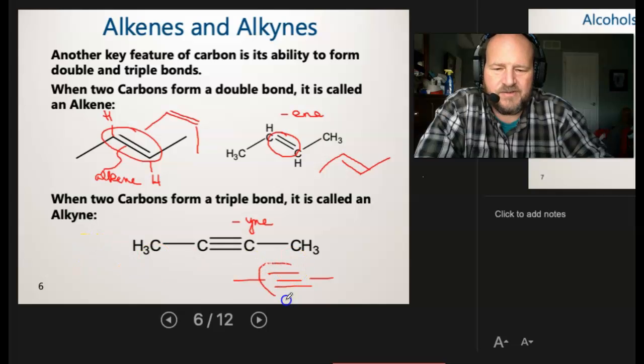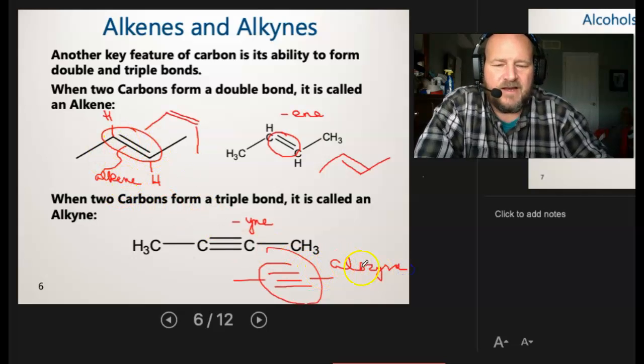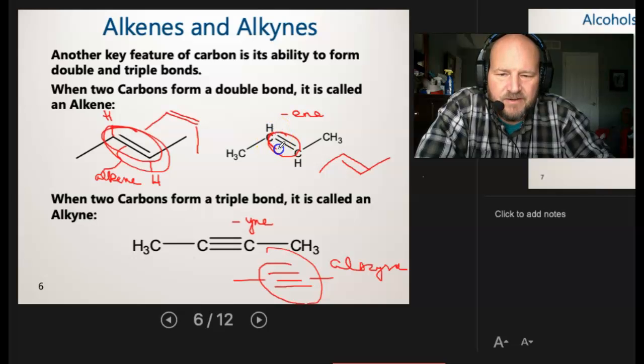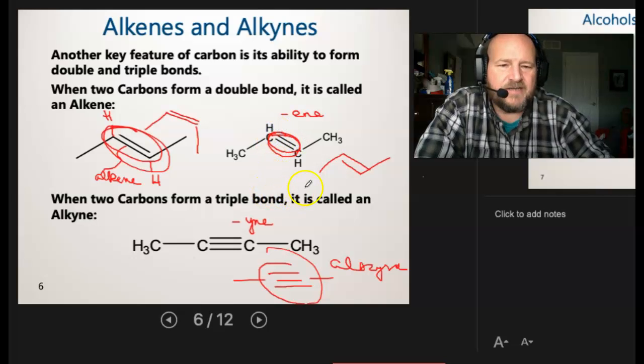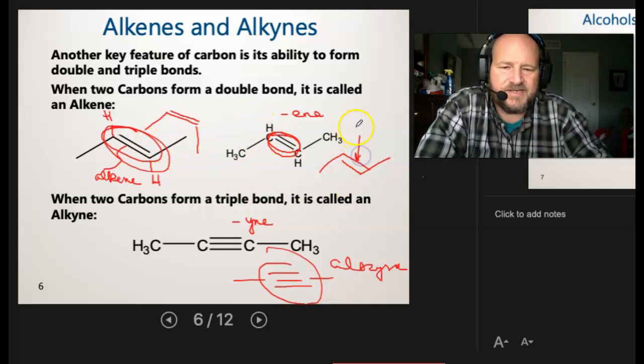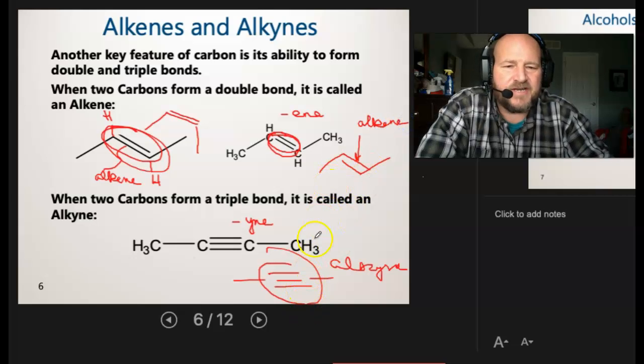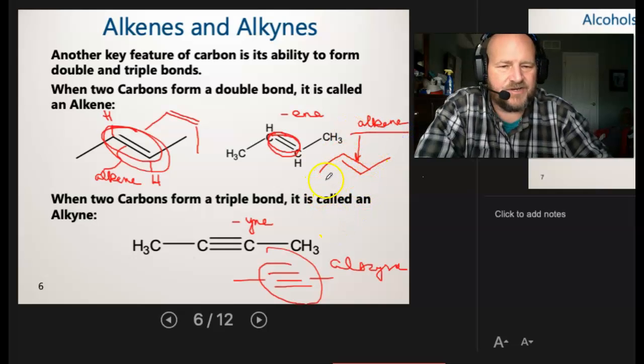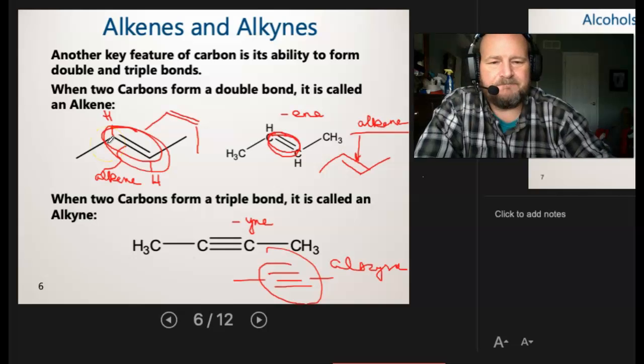If it was a triple bond, you just need to circle that and call that the alkyne. That's all we're asking you to do, is be able to circle that functional group and then label what it is. And notice here I went through the carbon-carbon bonds, just that general representation. Some people want to get very detailed, just the double bond. I'm not going to be that much into detail. I've seen people just put arrows and say that is the alkene, and that works for me. As long as it's clear in your picture what you're saying is the correct functional group, it's going to be fine.